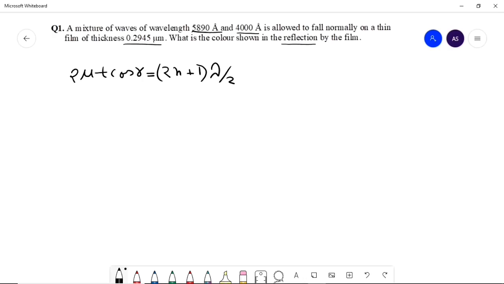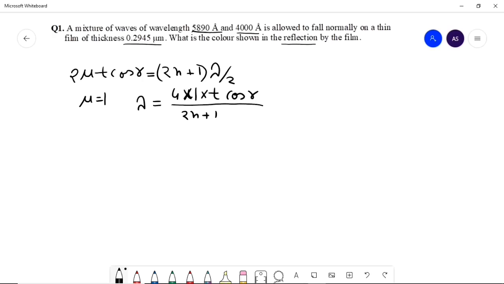All of you know that here mu is equal to 1 because here they asked for the air film, and now mu is equal to 1. What is the lambda? Lambda is equal to 4 into 1 into t cos r divided by 2n plus 1,